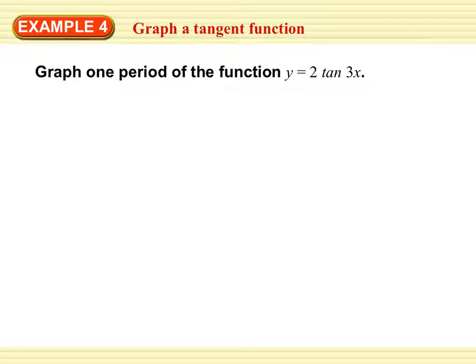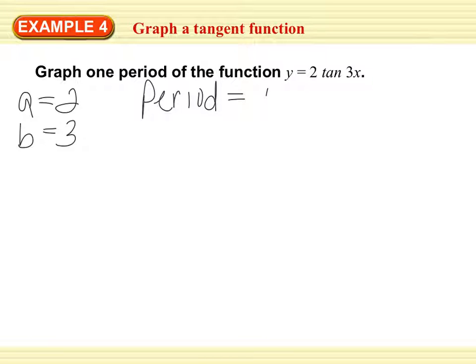Let's try one. Graph one period of the function y equals 2 tan 3x. So here I have a equals 2 and b equals 3. So I know my period is pi over b, so pi over 3. Our intercept,